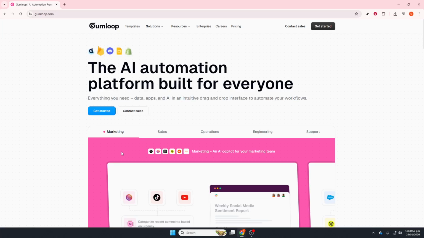In today's video, I'm going to teach you how to use Gumloop for email marketing step by step. Gumloop makes it easy to turn your email outreach into a repeatable, scalable workflow. We'll set up a system that drafts personalized emails, adds smart guardrails, and routes everything for review, so you move